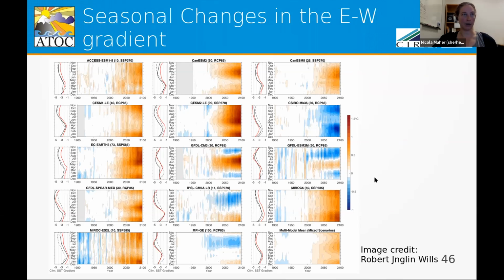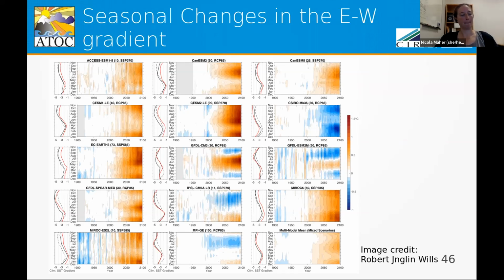We can see that CSIRO up here has La Nina-like warming. Some models have El Nino-like warming in all seasons, but other models, such as this GFDL model here, has El Nino-like warming in some seasons, but La Nina-like warming in other seasons, with the other GFDL model over here actually showing the opposite. So again, you can see that there is something going on here, and by teasing out the different seasons, we can see that not only do the models not necessarily all show the same thing, they might show different things in different seasons